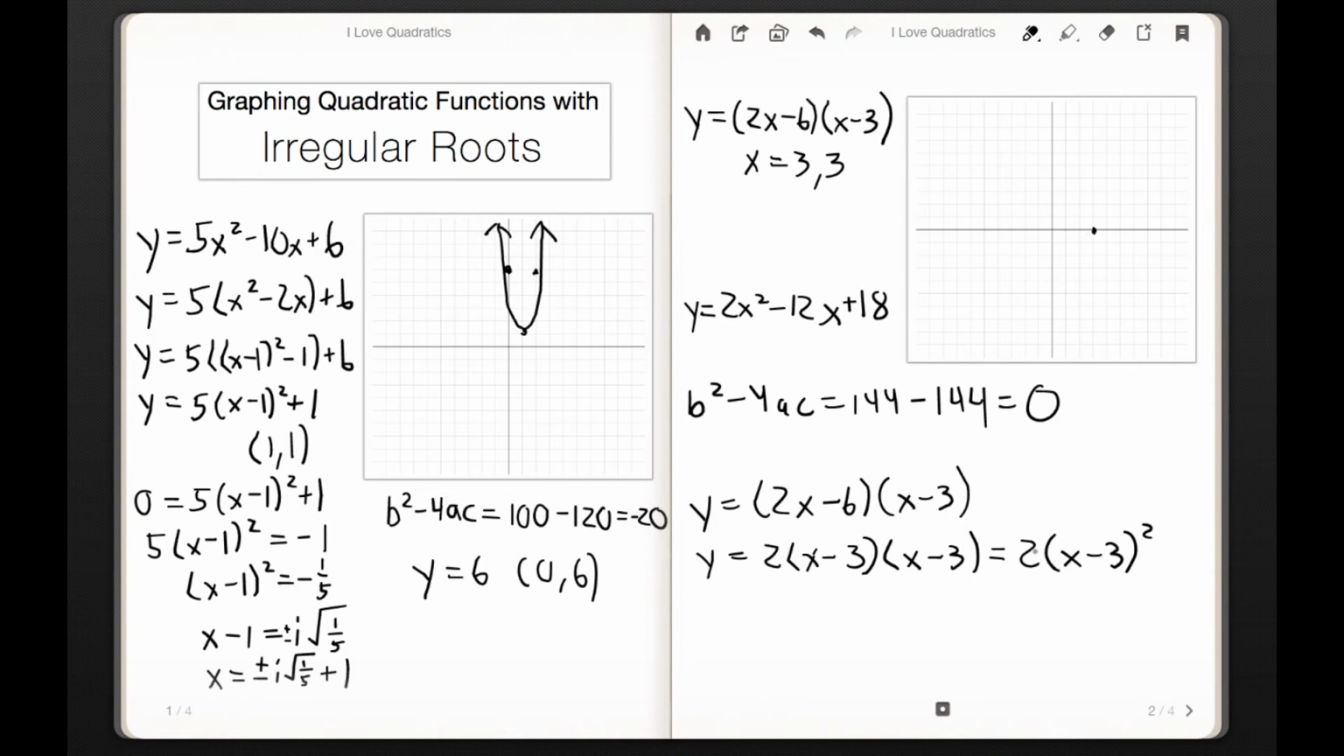And now we have a 2 out front. So remember that if we're graphing in vertex form, the easiest way to do that is to remember the pattern: as x changes by 1, y changes by plus 1, then plus 3, then plus 5. That pattern times whatever the coefficient is out here. So since it's 2, we're going to be going up 2, up 6, up 10. So let's do that. We're going to go up 2, then we're going to go up 6,